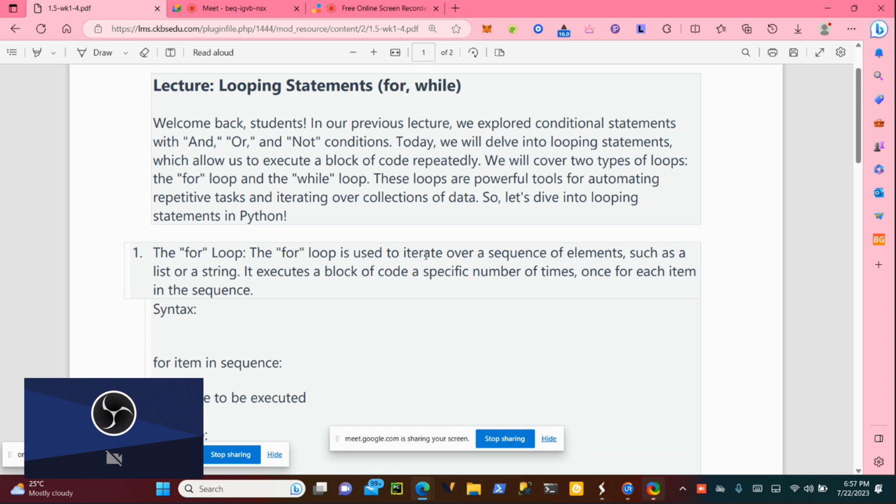So if I'm starting, maybe the pattern is that the gap between numbers is one. So the difference is one. If I'm starting from one, it should be one, two, three, four, five, six, seven, eight, nine, 10. It's a sequence. It follows a particular pattern. The pattern is a difference of one. I hope you understand. Do you understand? Yes, sir.